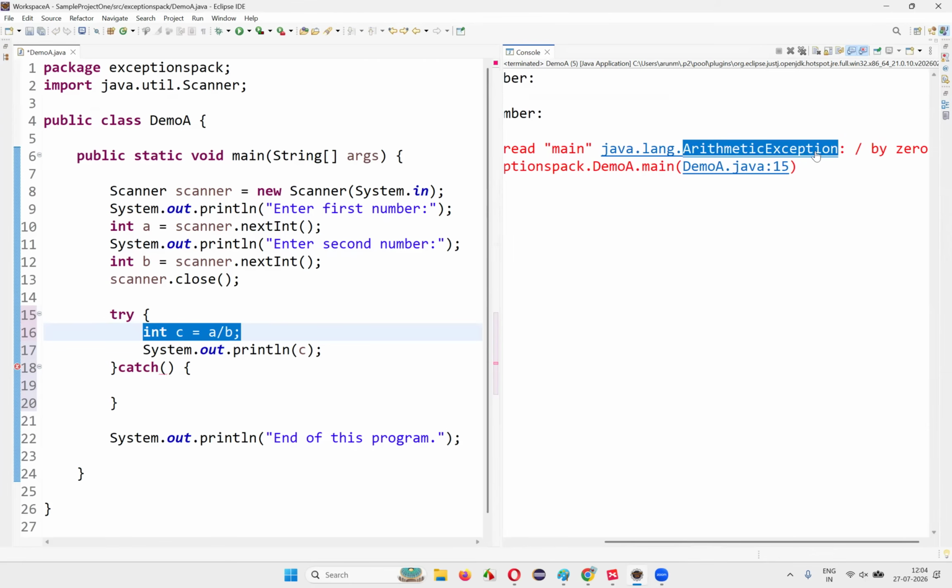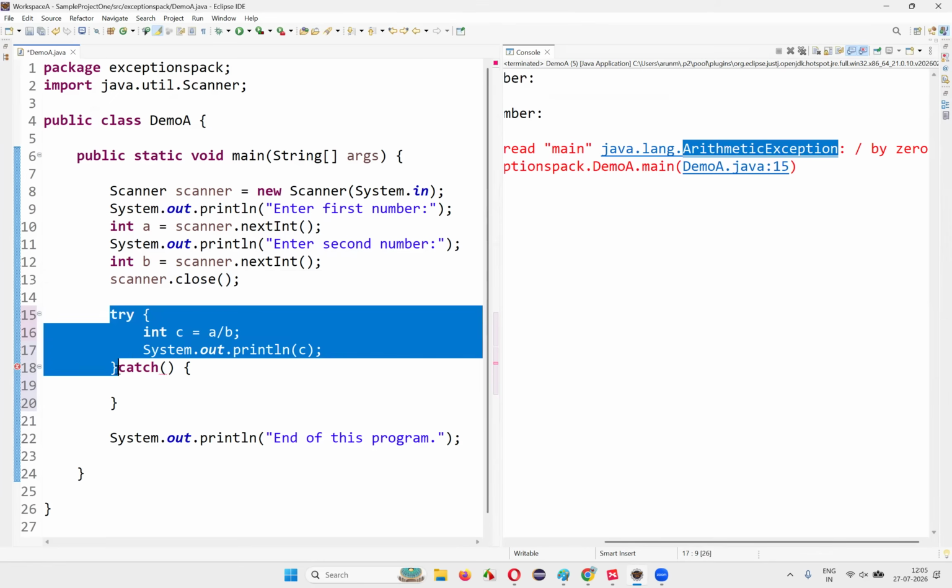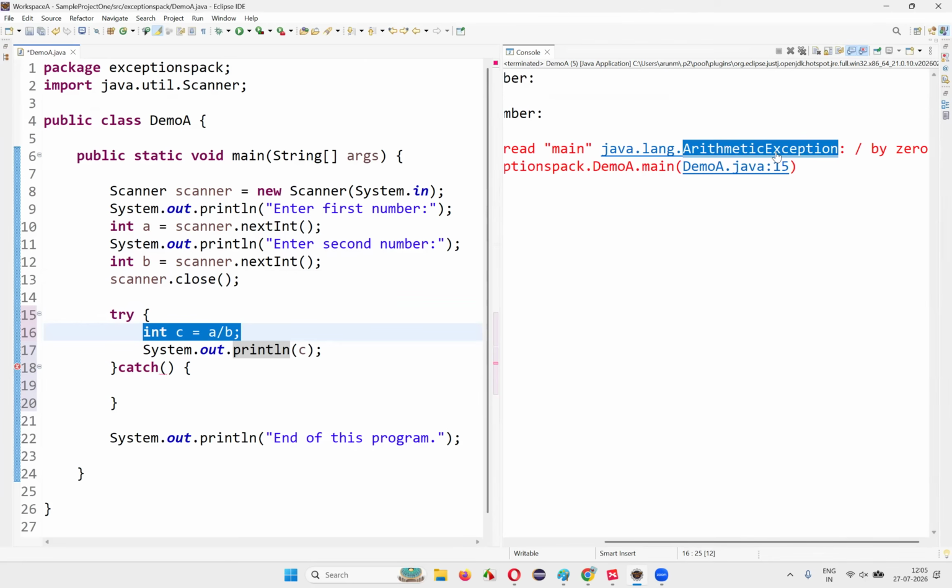Earlier, that object of the arithmetic exception class was thrown to the Java who is running the code. Once Java receives that particular object of the arithmetic exception class, Java will simply stop the program there. But this time, the object for the arithmetic exception class will be created in this example. Even after you surround this particular statement with a try block, the object for the arithmetic exception class will still be created in the background,